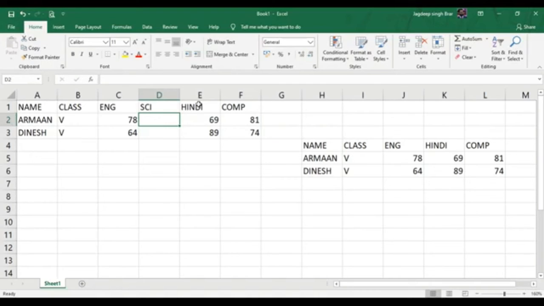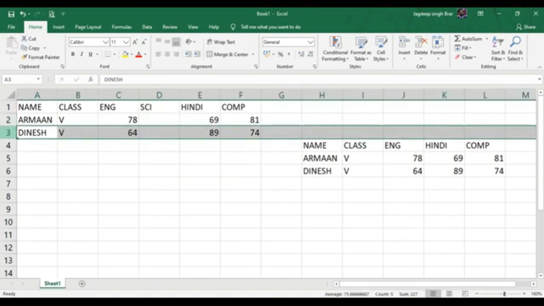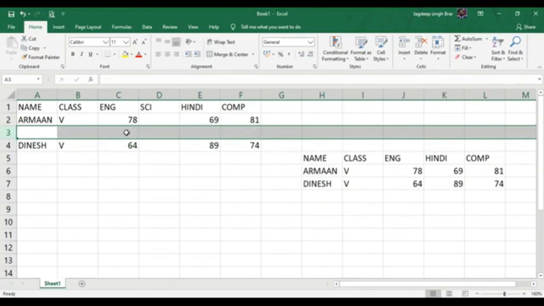First, insert a new row. We want to insert a new row above the lineage, so select this row, click on the Home tab. In the Cells group, click on Insert and select Insert Sheet Rows. A new row will be inserted just above the lineage.